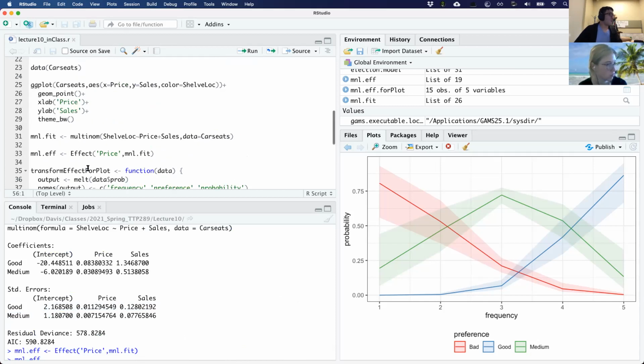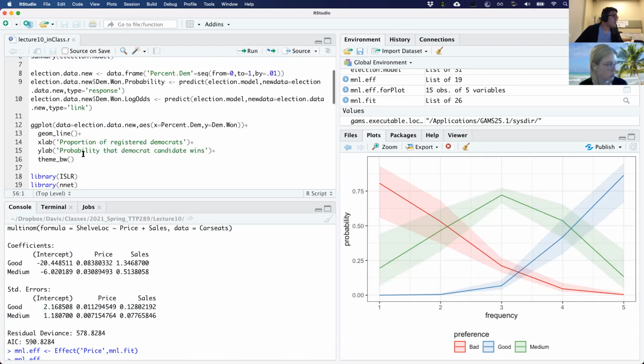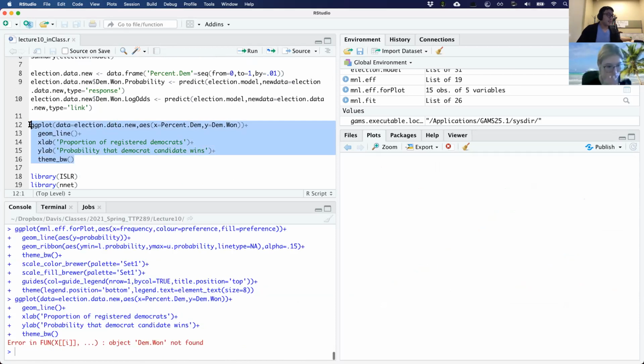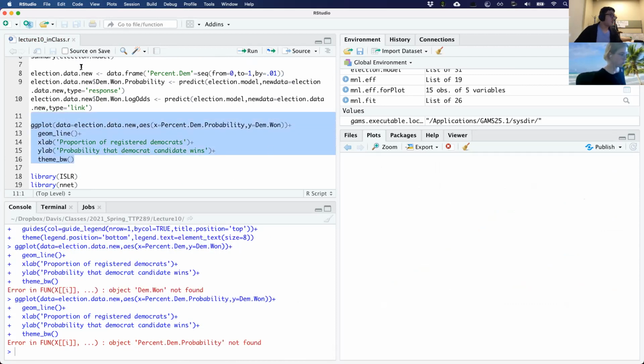So actually in our original plot, let me go up here. What's going on? Oh, here we go.